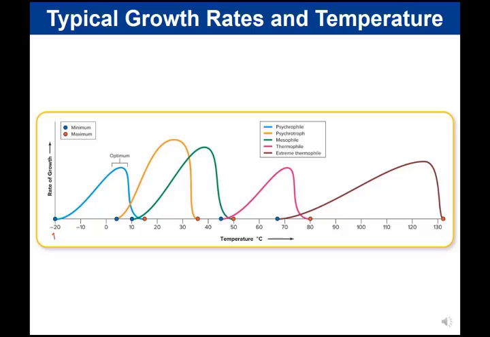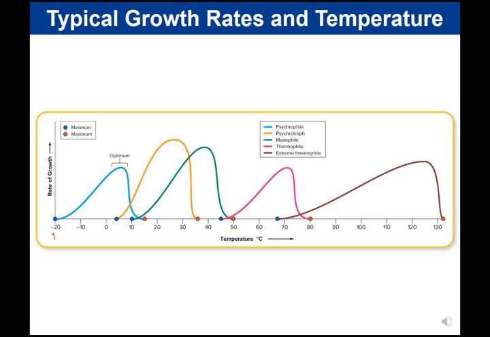If we call an organism a psychrotroph, psychro refers to cold, troph is eater, so it's a cold eater. It can grow at refrigeration temperature. So notice that it grows down at about 5, which is right around refrigeration temperature. But it doesn't grow well once you get to about human body. So typically it might grow a little bit at human body temperature, but not much. Optimal growth is going to be seen around room temperature, which is about